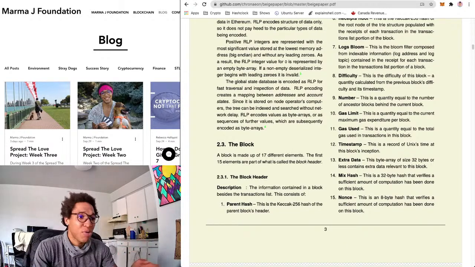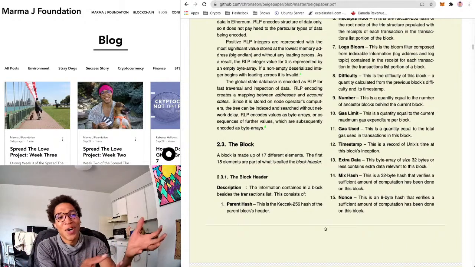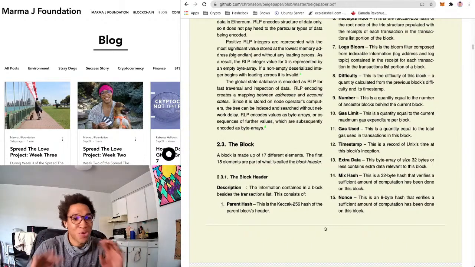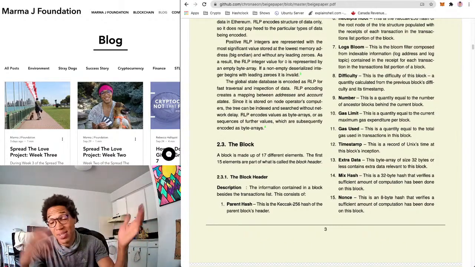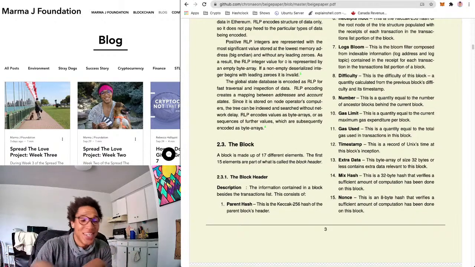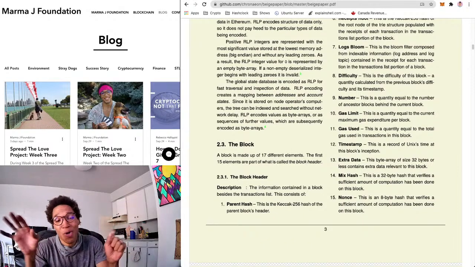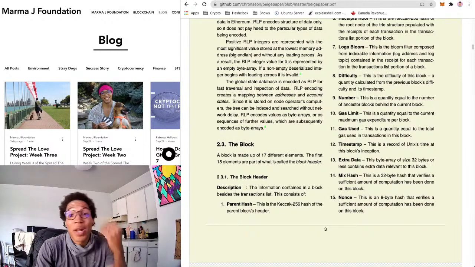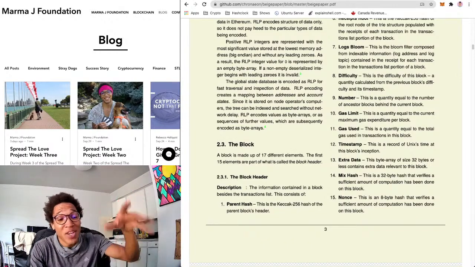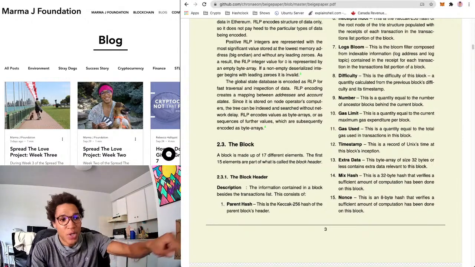Extra data. The extra data contains extra data, and usually this is where people put flags. When I was in the ETH2 testnet, the way to get a POAP to show that I did the testnet... I don't think I got one because I was so busy. Anyways, I put my flag as marmaj.org because I thought it was kind of cool. If I find a block, it'll show up as a flag and show that marmaj.org found this block. When I eventually have my validator running on ETH 2.0, I will have my flag as marmaj foundation or .org or something, but that's where that would go.